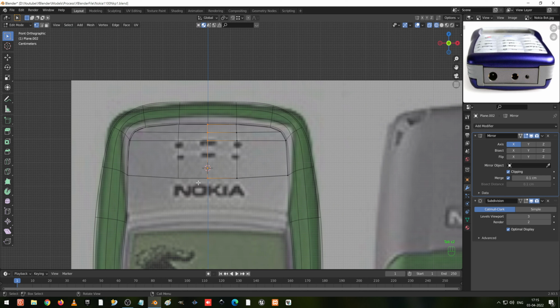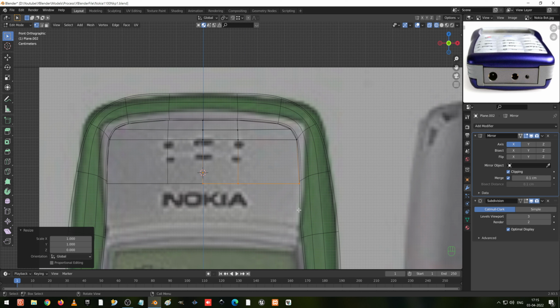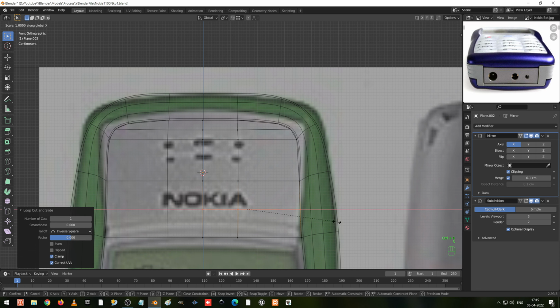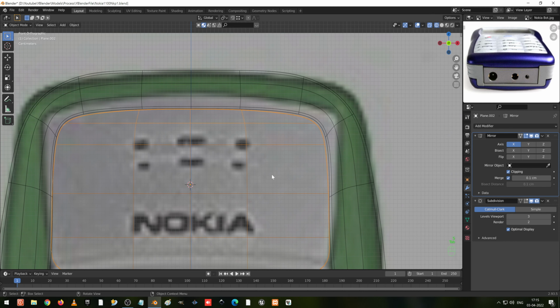Now select this, scale it in the Z axis to 0, and G Z to move like this, and E to extrude in the Z axis, and scale it in the X axis, and create one edge loop, scale it in the Z axis, slightly inside. Now